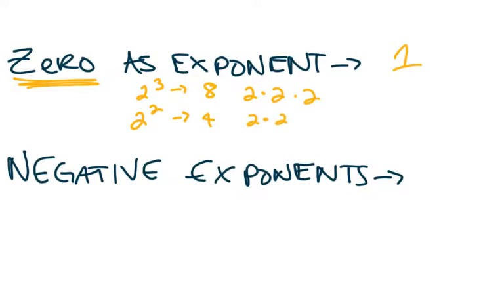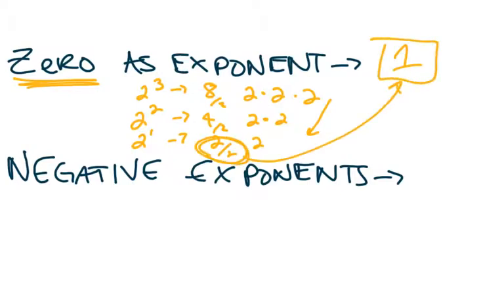So essentially we're dividing, or taking away a 2. As we take away a 2, we're dividing by 2, dividing by 2, dividing by 2. When you do that, you'll always end with a constant of 1 as a 0 power. So keep in mind that no matter what the base is, whatever is getting that 0 power, the value